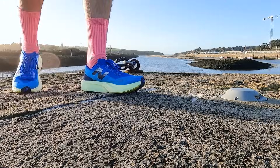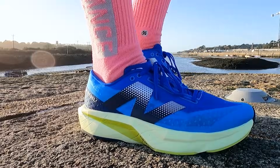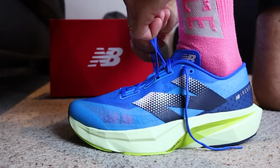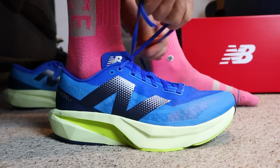This lightweight Phantom Fit upper has been very comfortable indeed, even though it is pretty stripped back, and I've found them nice and breathable. Good lockdown around my midfoot, good hold in the heel, but to achieve that lockdown, I have had to pull those laces in quite tight. You can see they're quite close together, and the front of the upper there has started to pucker up, which I'm not a big fan of, but that's the only way I've been able to get a nice secure fit